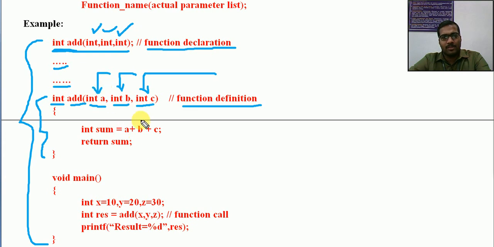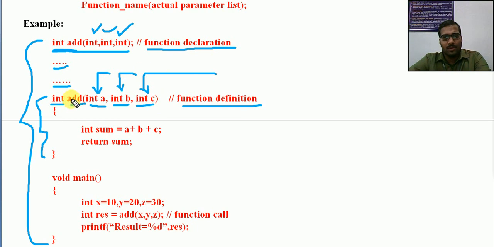because whatever values we are, this is only an indication that it expects only integer. We are not going to process on this area, but we will be processing on this area, because whenever a function is being called, it will come to this location. So first integer, whatever integer value it receives will be assigned to A. Whatever integer value it receives as the second parameter will be assigned to B. Whatever integer value it receives at the third parameter will be assigned to the variable C.